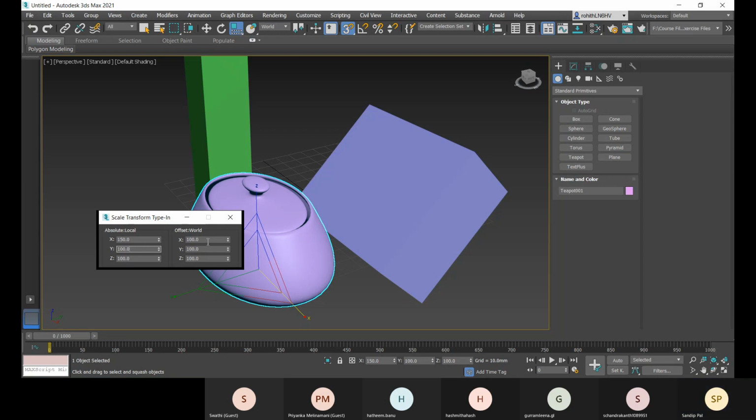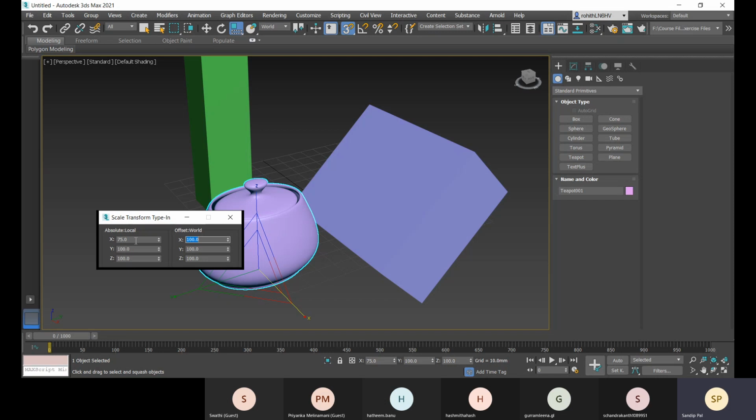And if I change the value in the offset section, let's go for 50, and there you see the total value is right now 75 from the original value.